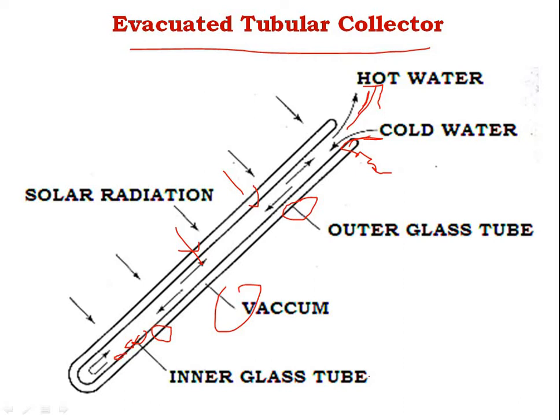The evacuated tube solar collectors are common and can achieve higher temperatures than flat plate collectors, which we have discussed in the previous slide, ranging from 50 to 130 degrees Celsius. Listen carefully, I'll repeat once again. They are made up of vacuum glass tubes, as we have shown in the figure.